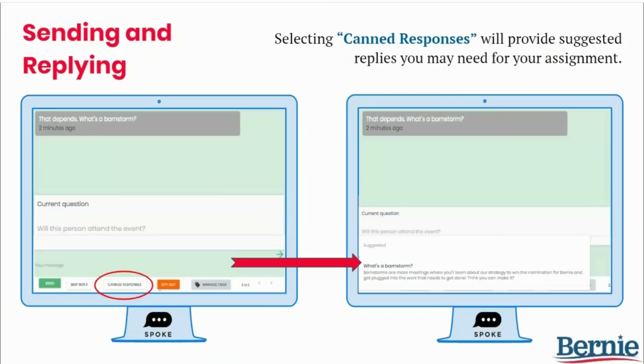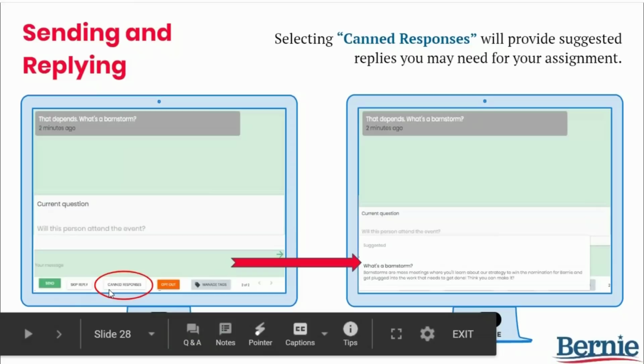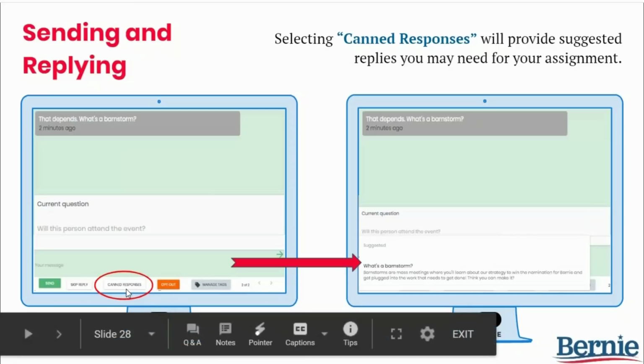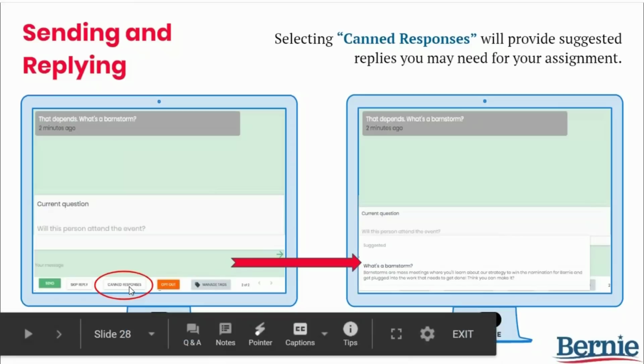Sometimes the textee answers with a question rather than a direct answer to our initial question. When that happens, the first thing to do is not panic and check the canned responses down at the bottom of your Spoke screen. These canned responses will have suggested replies that we've prepared for common questions regarding that specific texting campaign. For each texting campaign, we'll have canned responses for anyone who sends a video or picture and anyone who asks how we got their information.